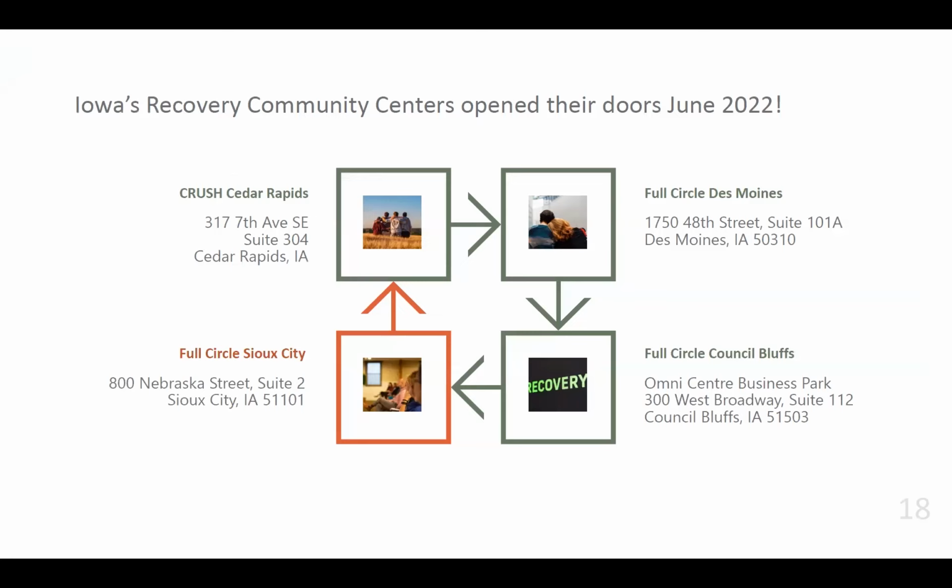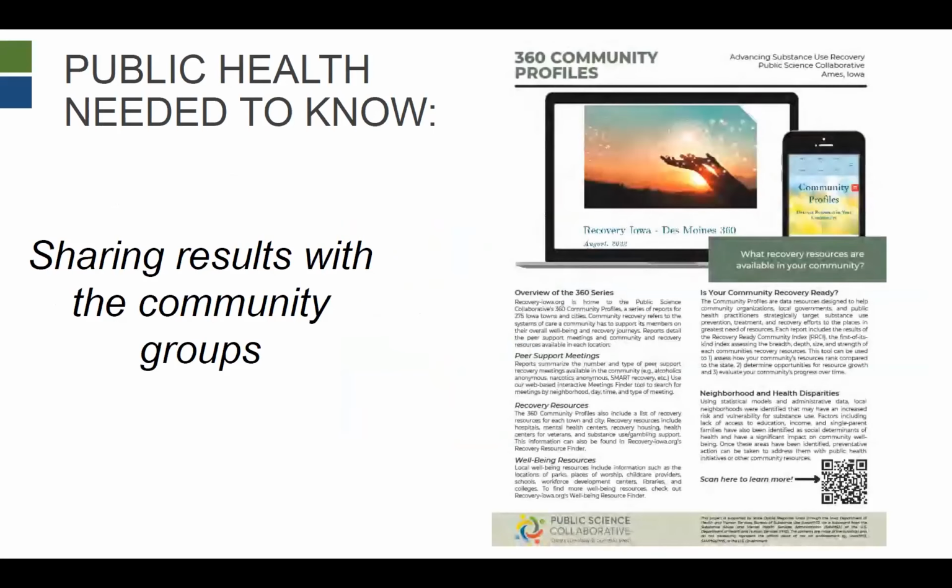And along the way, we've been providing them resources. So we took all of that information that we've been collecting to build our dashboard, and we created community reports. We gave those reports to each of those 4 communities. They started sharing them around. Suddenly people were asking us for more. After we got 30 requests, we called the Department of Public Health and said, we should just make these reports for everyone. So we ended up making all of the reports, which you can go and use the dashboard, but people love reports too. So we made a report for 275 communities in Iowa.